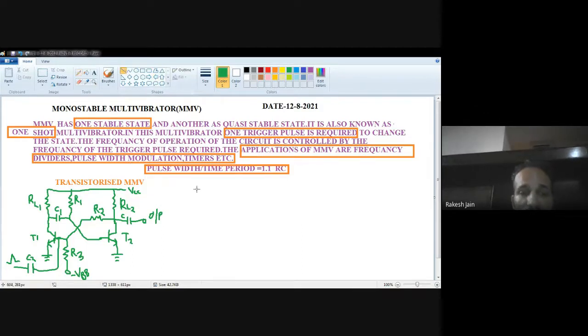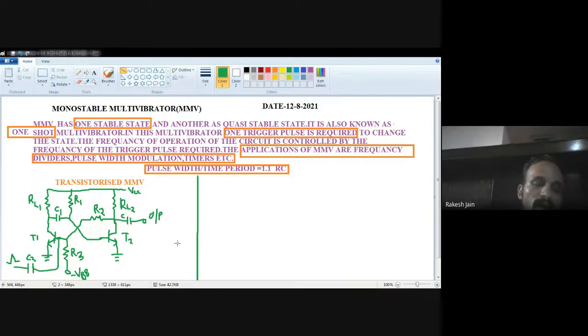So you see that the trigger pulse is a basic difference between the transistorized structures of both diagrams of astable and monostable, and the remaining diagram also differs because cross coupling is done not by the capacitor only like in astable, but here we use capacitor and resistor. Trigger pulse was absent in the case of astable, but here the trigger pulse is applied. That's why base supply is also provided as VBB. So you should remember the diagram.